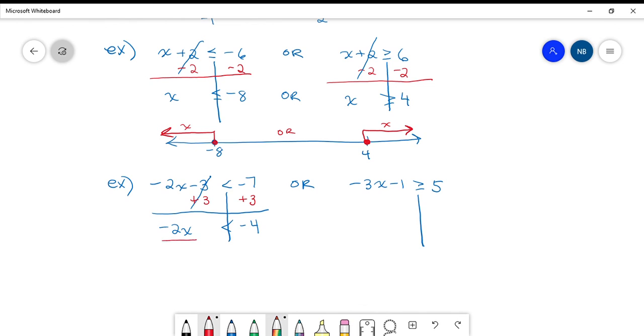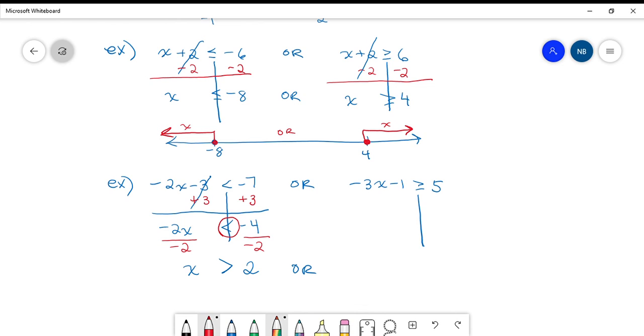Now I'm going to divide by negative 2 because negative 2 divided by negative 2 makes positive 1. I'm dividing by a negative, so I've got to flip that thing. So now it's a greater than. Negative 4 divided by negative 2 is positive 2. Or,